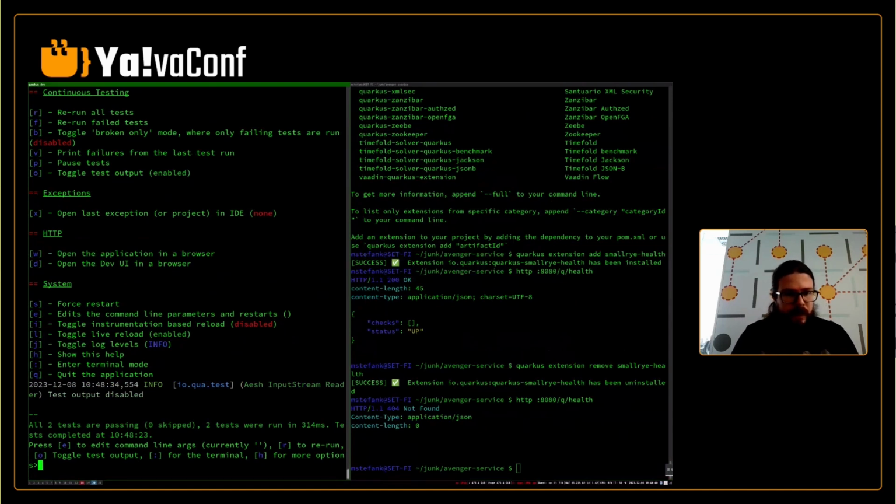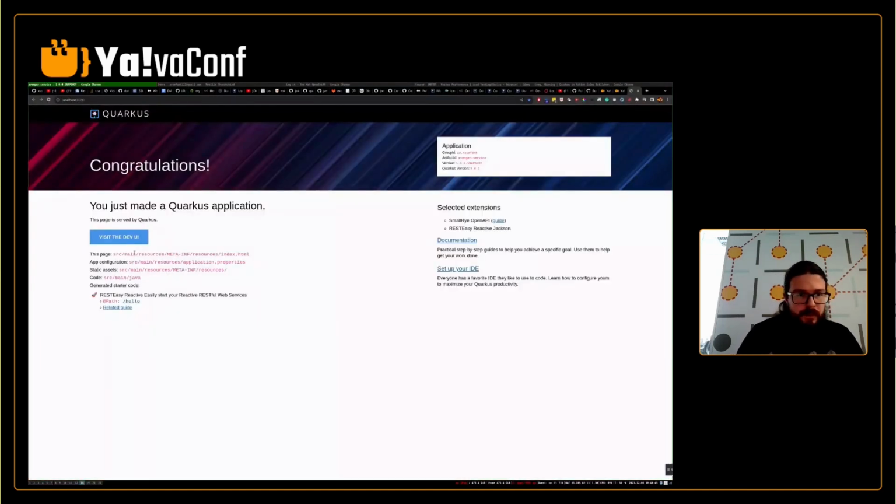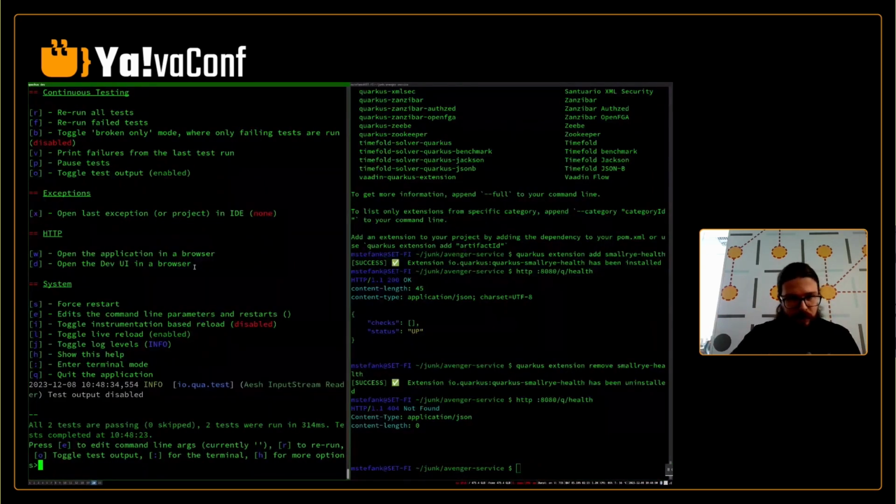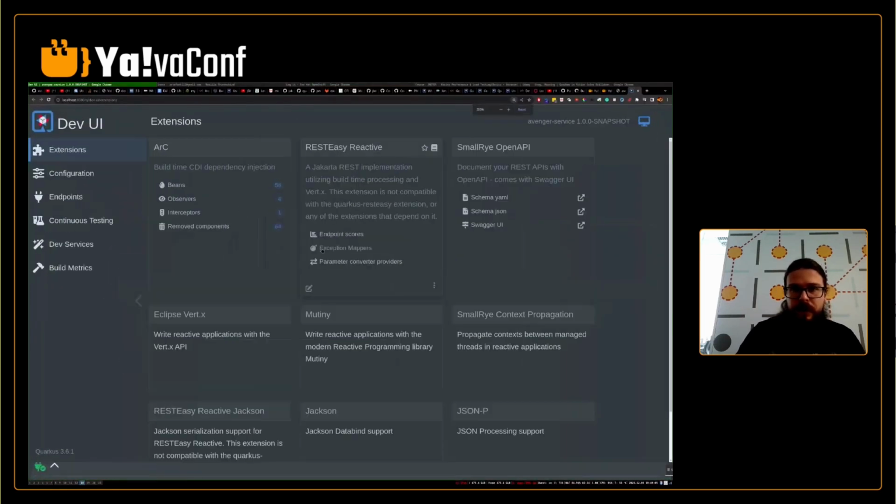With this W, I can open, and you see that on workspace 18, it opened the default application that will open on my localhost 8080, which is not that interesting because it's also something that was generated by Quarkus. But the interesting part is this D, which will open the dev UI. So if I press D, now I get a new page open on localhost 8080/q/dev/UI. And here, you have a user interface which is providing any form of insight into your Quarkus application